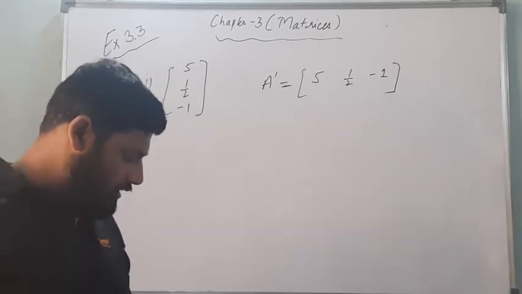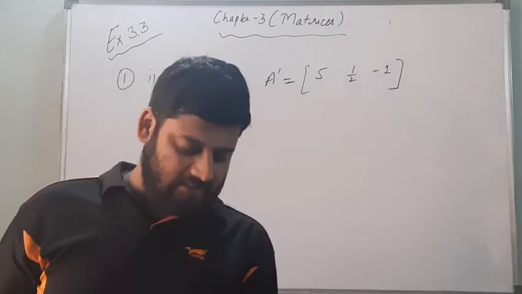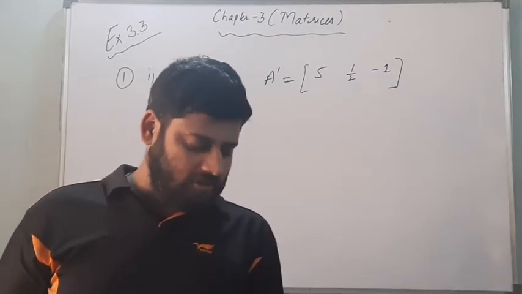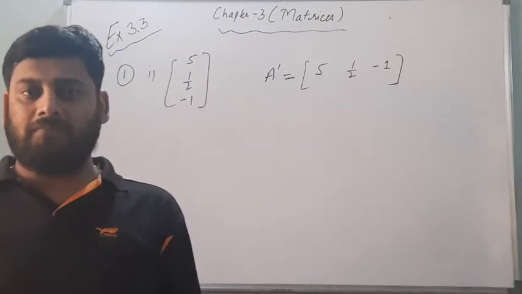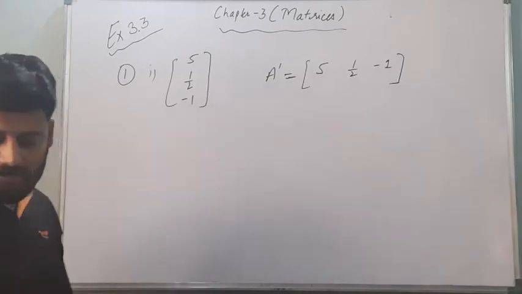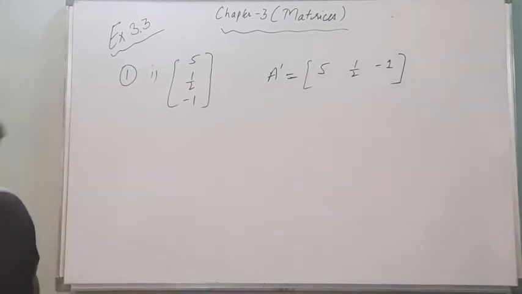That is question number 2. Here it is given that if matrix A is this and matrix B is this, then verify that, first part, (A plus B) transpose is equal to A transpose plus B transpose. So what is given? First of all, I should drop this, and then we will start the next question.